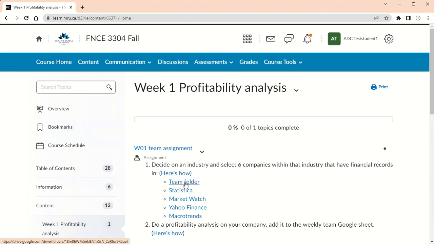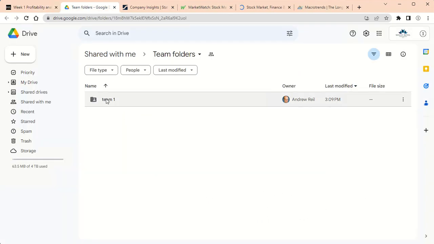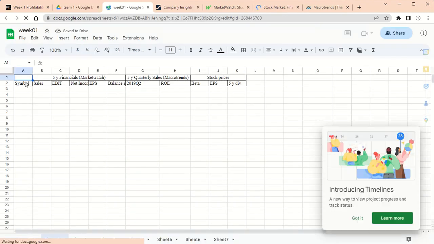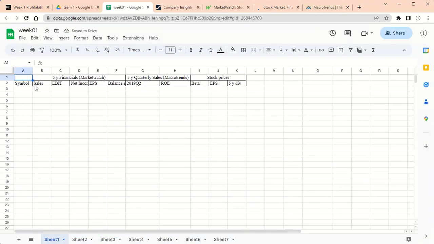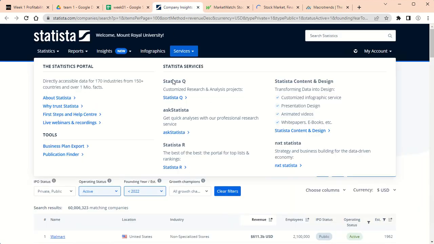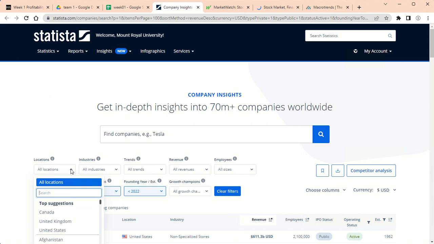So click on each of these links, starting with Team Folder, then Statistica, MarketWatch, Yahoo Finance, and Macro Trends. Starting in the Team Folder, if you go into week 1, you'll see I've already set up a bunch of questions that I want you to answer about the 6 companies you're choosing. Then go into the Company Insights one, and we want to choose North America, so Canada